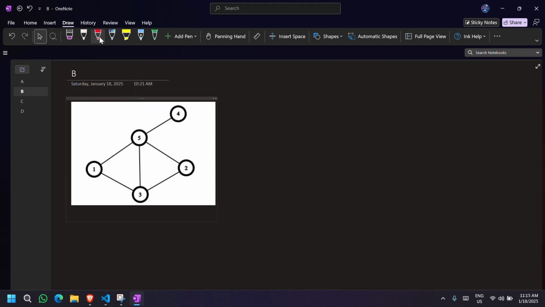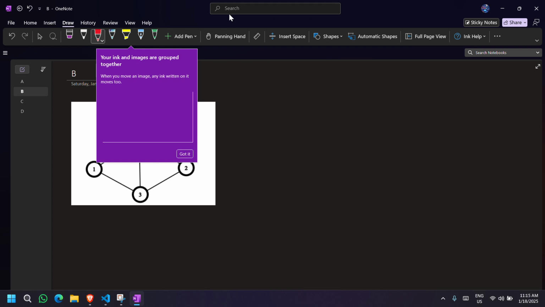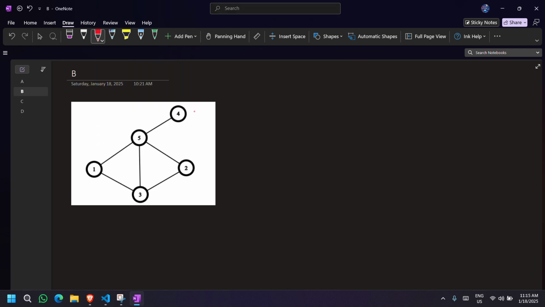Now 5 is connected to 4. Let's say there is a node number x, and it is connected to y.